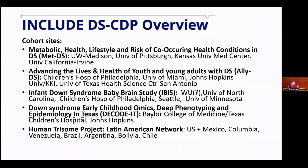And I chose to put our site first, but our site has a study called Metabolic Health, Lifestyle, and Risk of Co-occurring Health Conditions in Down Syndrome, with the shortened version of METDS, and our group includes collaborators at University of Pittsburgh, Kansas University Medical Center, and the University of California, Irvine. Other studies that are happening include, and again, all these groups are working together,